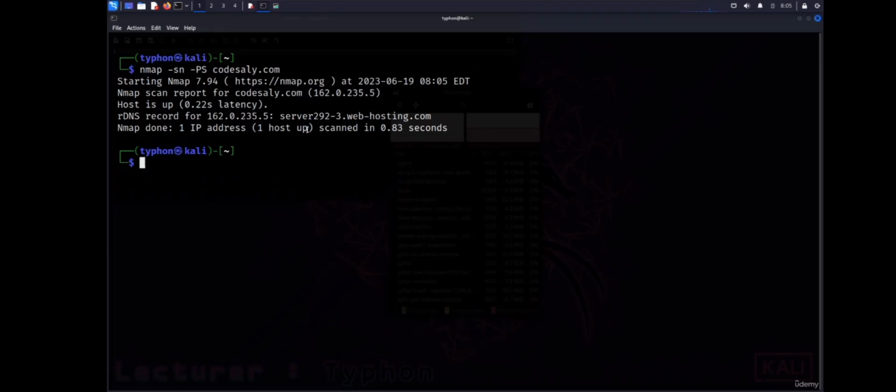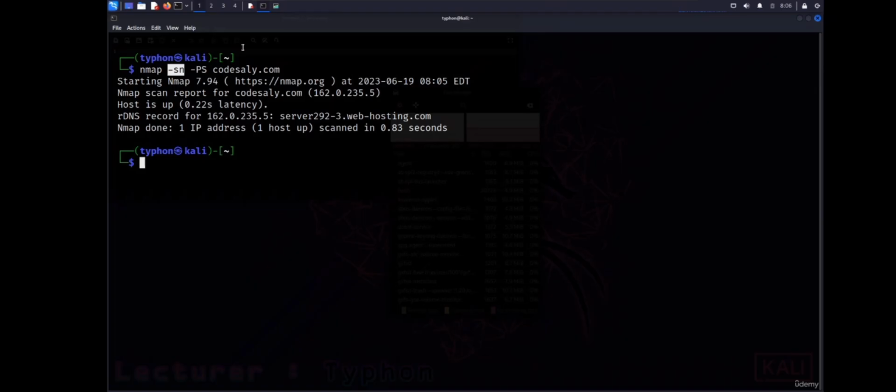So let's actually think about how it works. The -sn option instructs Nmap to skip the port scanning phase and focus solely on host discovery. The uppercase PS flag indicates the usage of